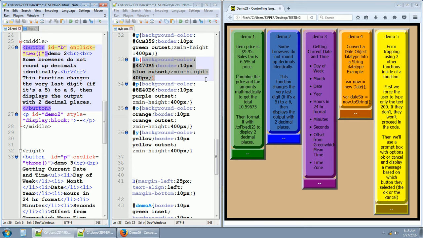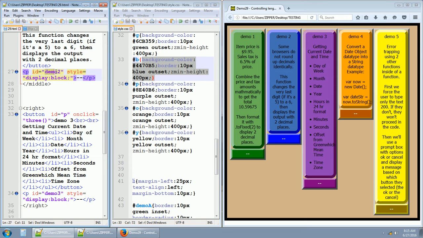because I'm not sure what I want to do with that in the future, if I want to give it a minimum height of not. So there is the ID of B for the button. Now the P has a style of Demo 2. Again, Demo 2